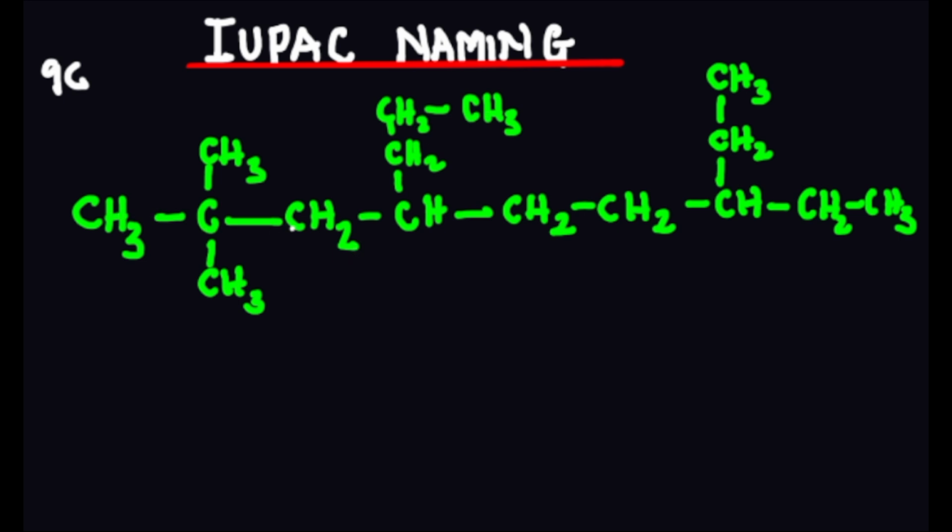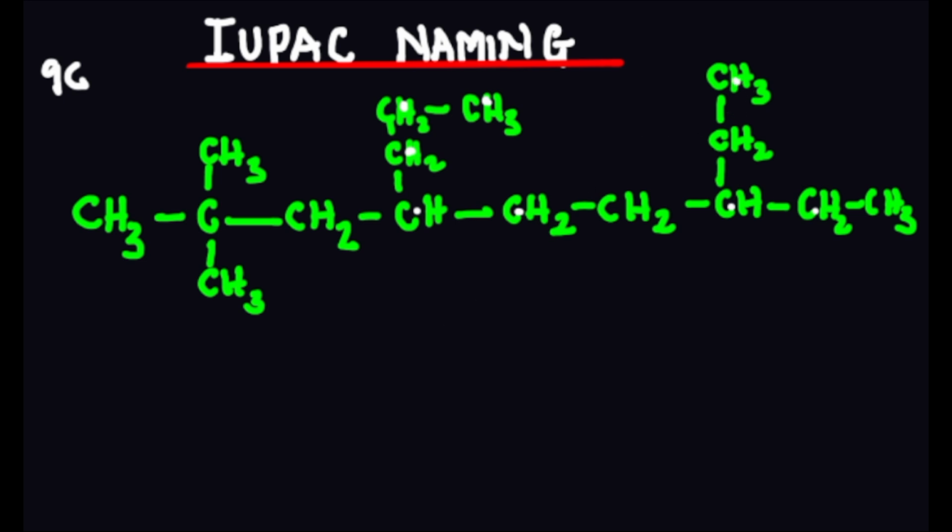Then 1, 2, 3, 4, 5, 6, 7, 8, 9. Counting from this side up to this side, it is 9, right? And we cannot just count like that at the same time, right? So let's consider this side as well. 1, 2, 3, 4, 5, 6, 7, 8, 9. So if you consider this side, it's also what? 9 as well, right? Whichever way we try to count,